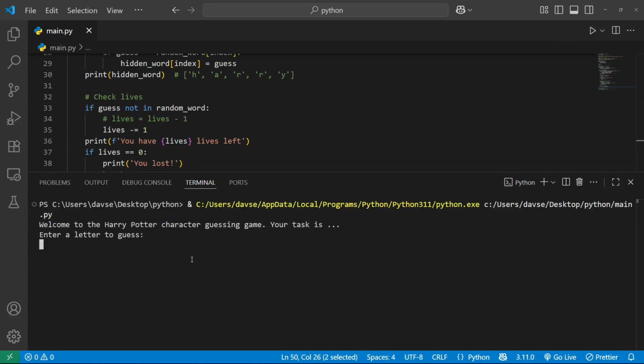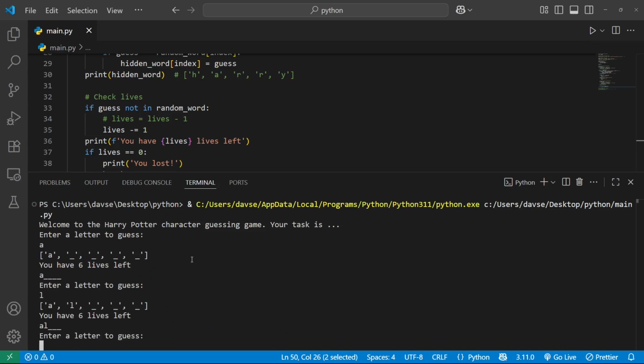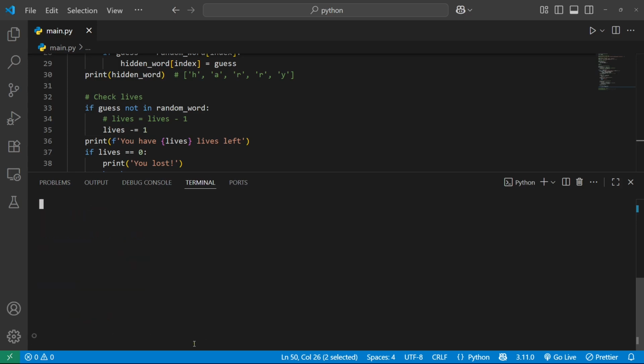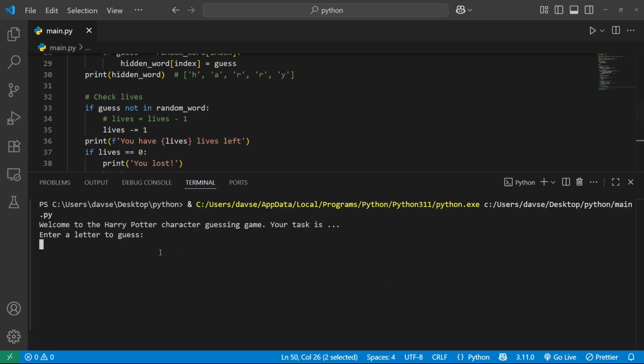I will run it. For example, A again, okay, L, okay, and so on and so on. Maybe I will check it. Elbows, you won. Perfect, because we guessed correctly all letters. Great. If I will run it again and put here A,